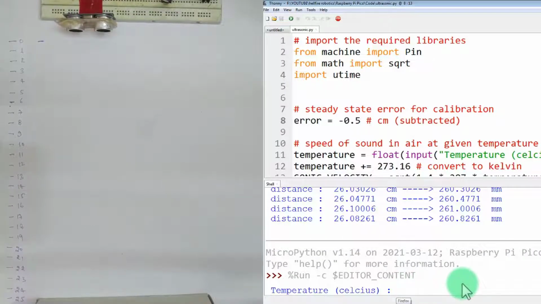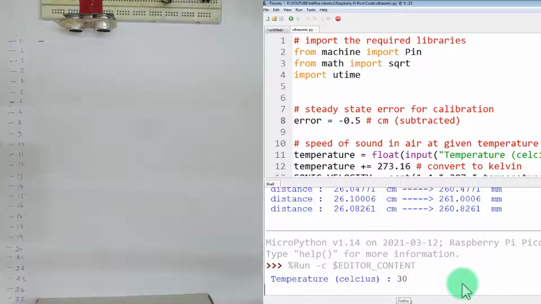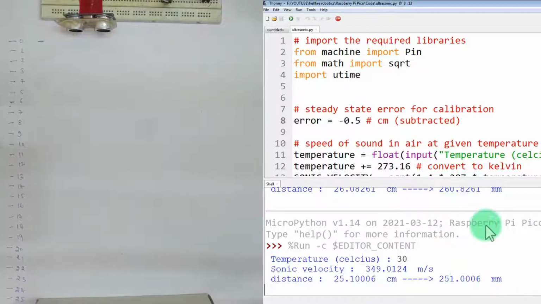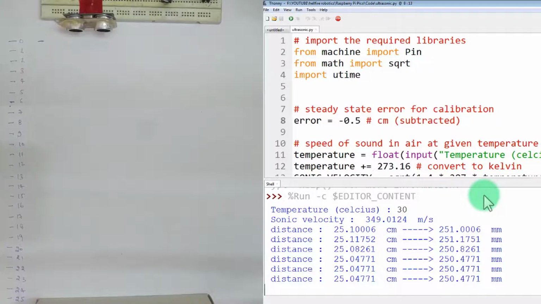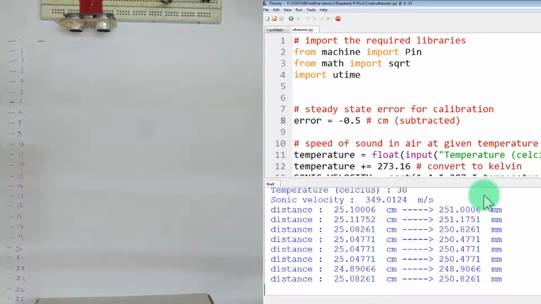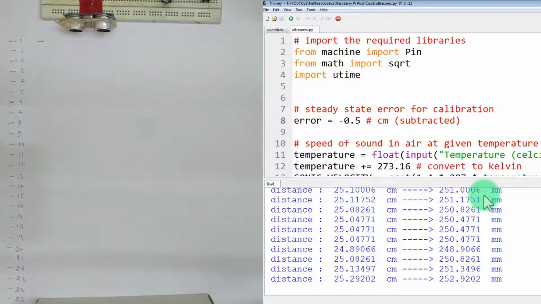Now it is again asking you the temperature, 30 degrees Celsius. Now you are getting very accurate readings of 25.0, 25.1, 25.13, 25.2, and these kinds of errors are quite acceptable when you are considering that this is a really inexpensive sensor and the code is also not very professionally written. It is just for the demonstration.